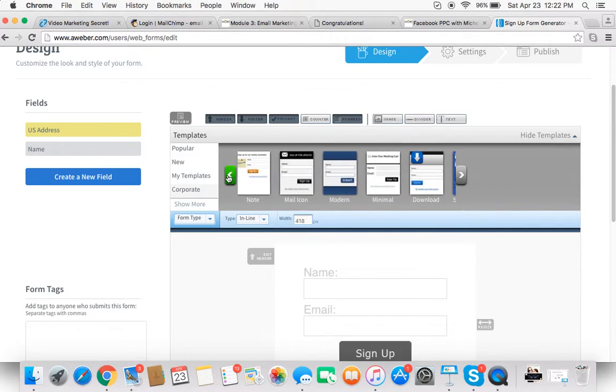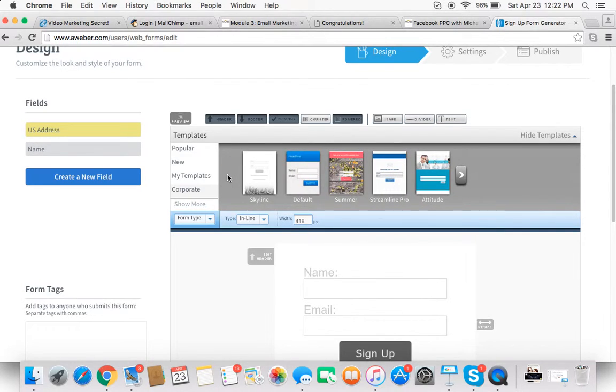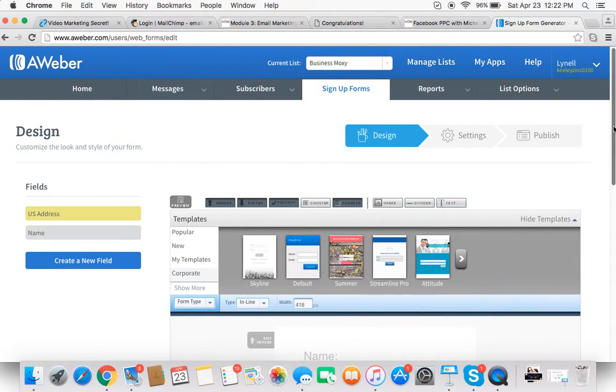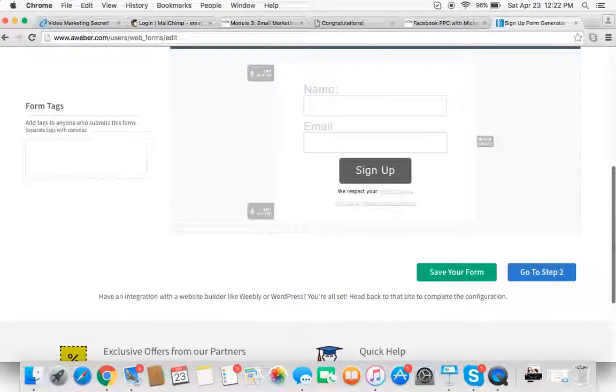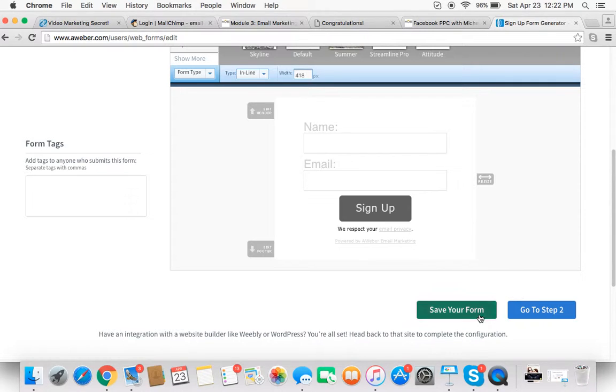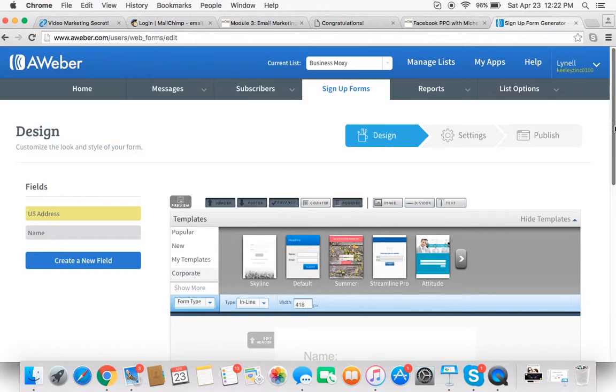There are some other things you can use as well, but if you're going to be using Aweber, you might as well take advantage of the capture page options as well. And to publish a capture page, you just save the form, go to step 2, and follow the steps throughout this page. It'll walk you through pretty nicely. Okay, so